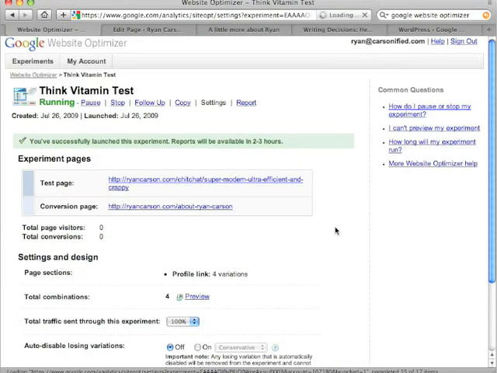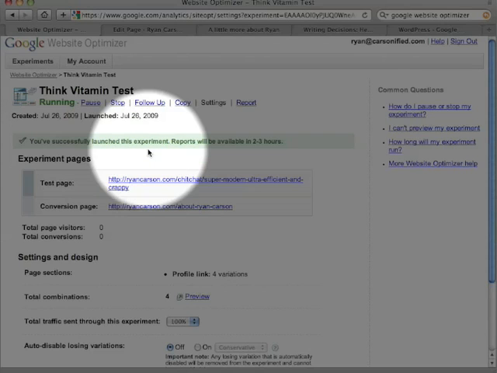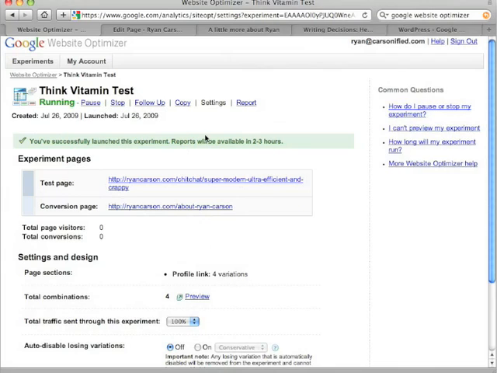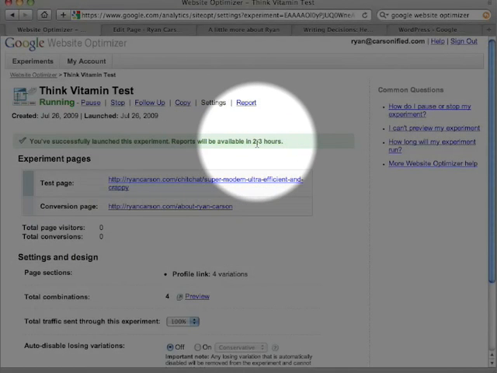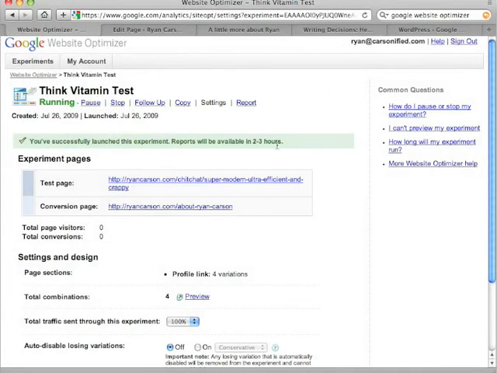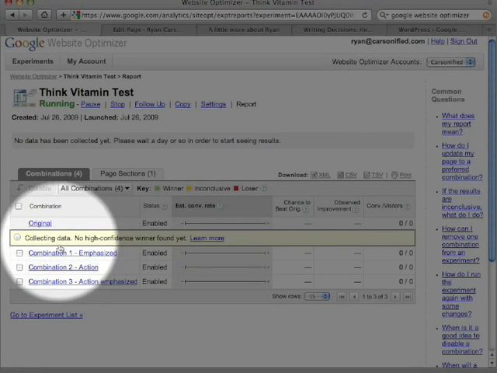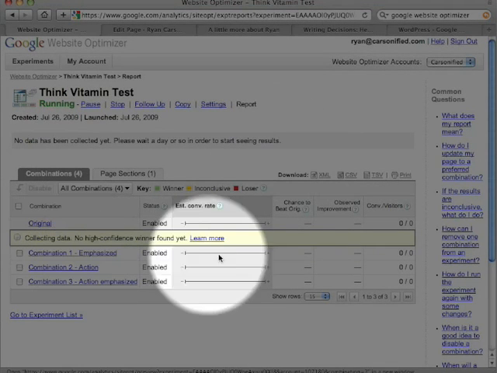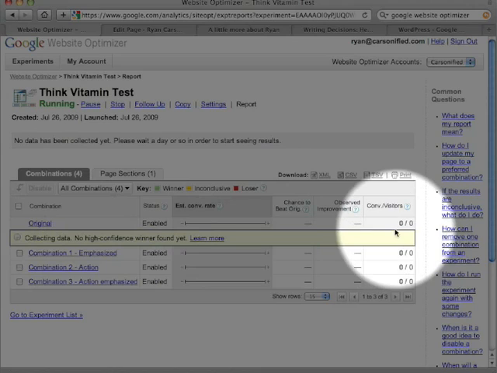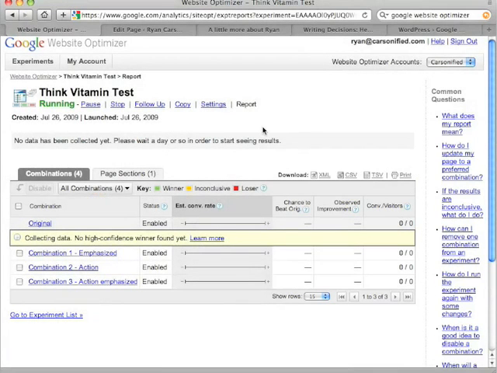Google saves the changes, and it says you have successfully launched this experiment. So it says reports will take about 2 to 3 hours to compile. So if we click on report here, we're not going to get any results yet. So the way this report works is it has your 4 combinations, and it tells you which ones are converting best. Now let me go ahead and show you the live page